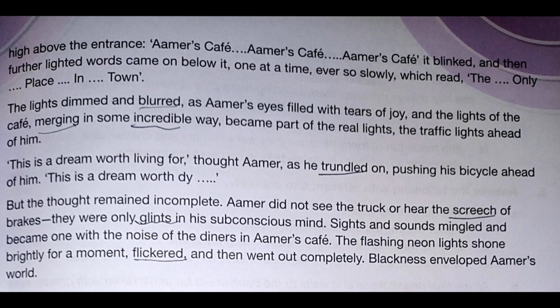The lights dimmed and blurred, unable to see or to be seen clearly, as Aamer's eyes filled with tears of joy, and the lights of the cafe, merging in some incredible way, combined to form a single entity, and, incredible, impossible to believe, extraordinary, we can say, became part of the real lights, the traffic lights ahead of him.